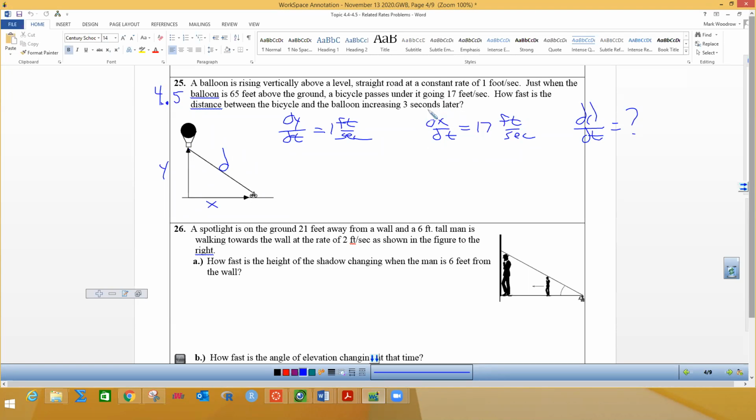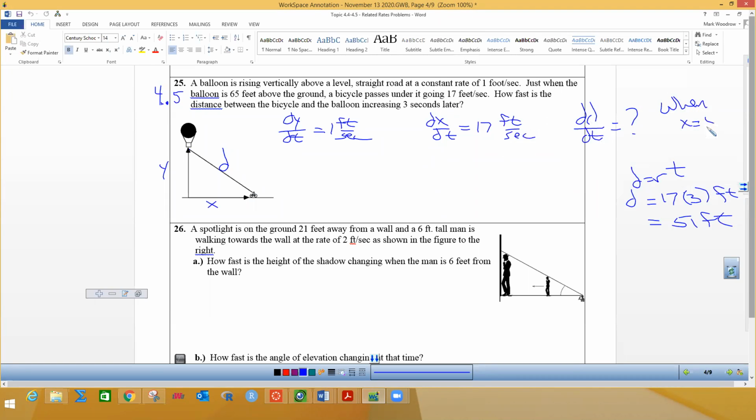Well, let's figure out how far this bike traveled 3 seconds later so we can get the x value. So I hope we all know the formula that distance equals rate times time. So this rate is 17 feet per second, and our time is 3 seconds. The seconds on top and the seconds on the bottom reduce, so this is going to just be feet. And let's see, what is that? 51 feet. So that means we're looking for dd/dt when